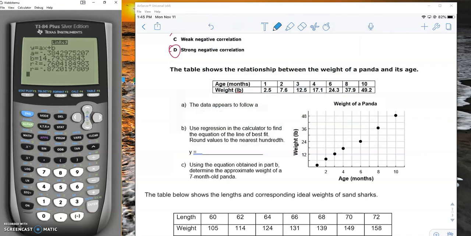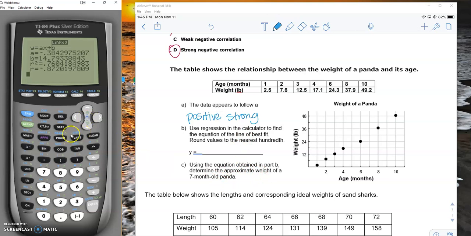This next one asks us to use the table between weight of a panda and its age. The data appears to follow a positive relationship, and it looks pretty strong. If you look at these dots over here, these are pretty close to a straight line, so positive, strong correlation. Then they ask us to use the regression to find the line of best fit and then determine the weight